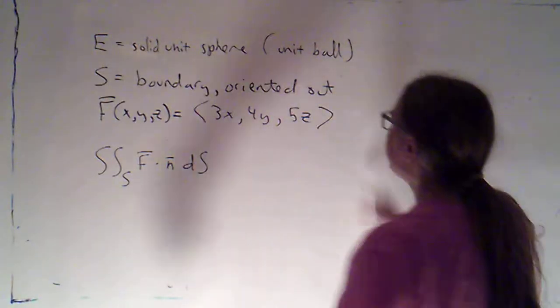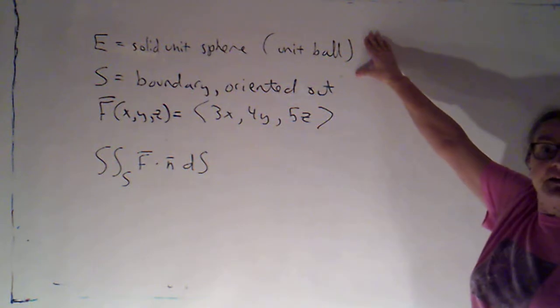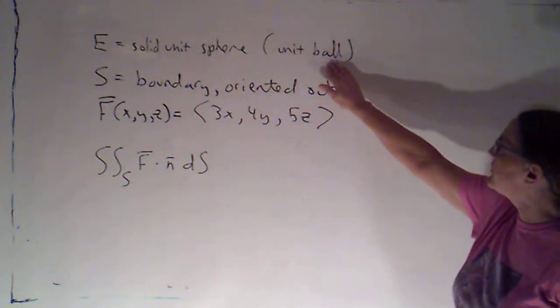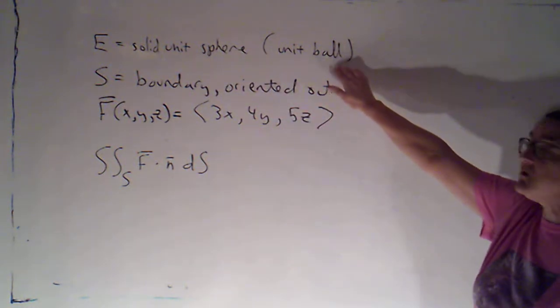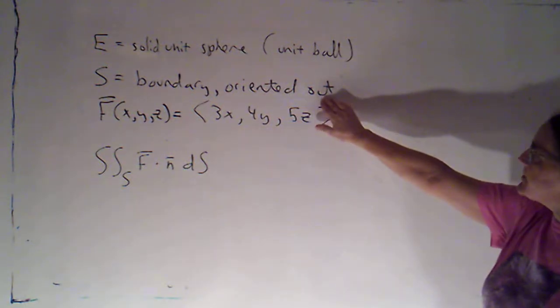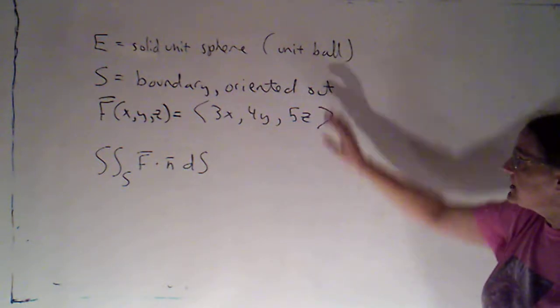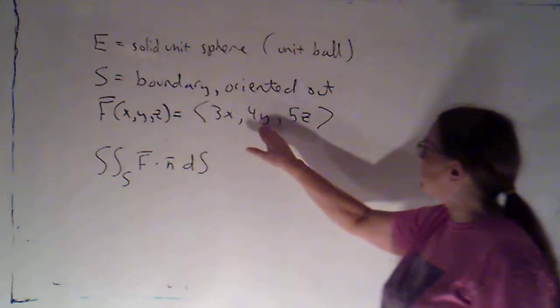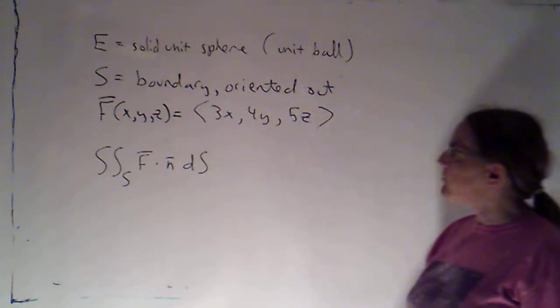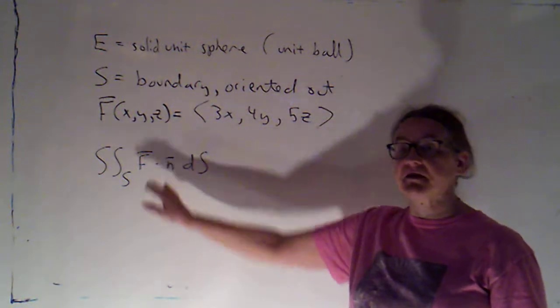Another problem up here. E is the solid unit sphere. A solid sphere is sometimes referred to as a ball, so I could also say this is the unit ball. S is its boundary, oriented out. My vector field is F = ⟨3x, 4y, 5z⟩, and I want to calculate this, which would be the flux of F